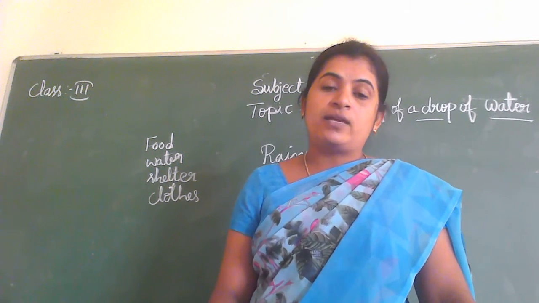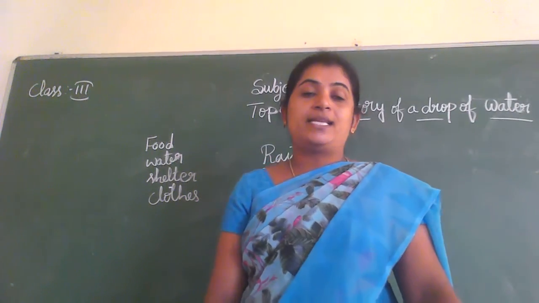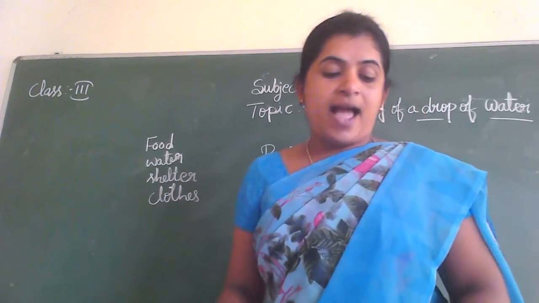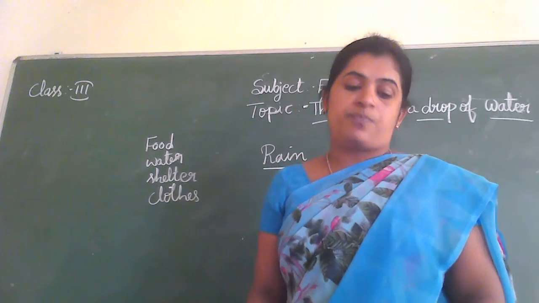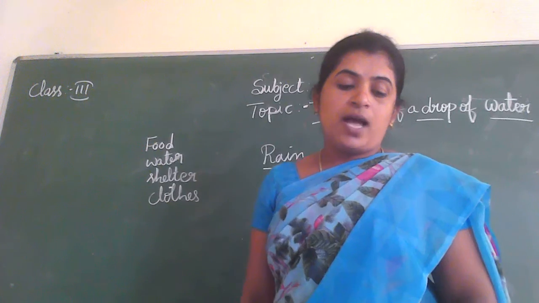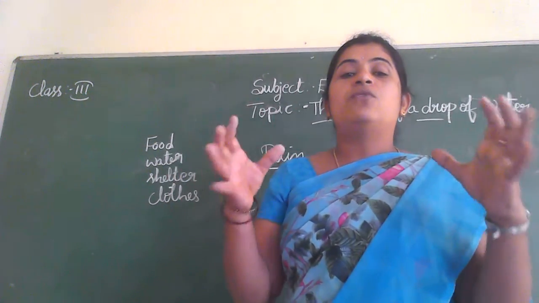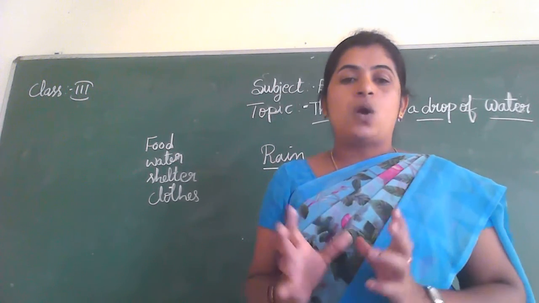Yes, this sentence is talking about rain. Rain is coming from the clouds, children. I am a drop of water, coming to the earth from the clouds. First, before the rain, clouds have to cover the sky.